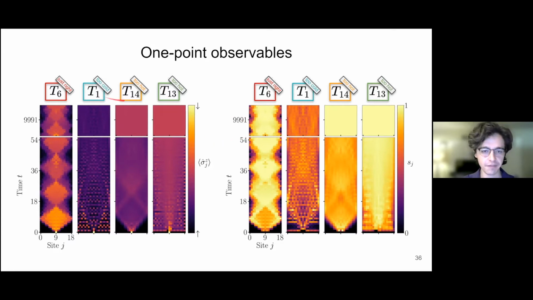And then for the local expectation value of the Pauli Z operator, or the magnetization of the system, we see a similar story. And to conclude on this slide here, it's the Goldilocks rule which has these interesting persistent dynamics even out to very late times. Now, to make the connection back to complexity science, let's make some networks.